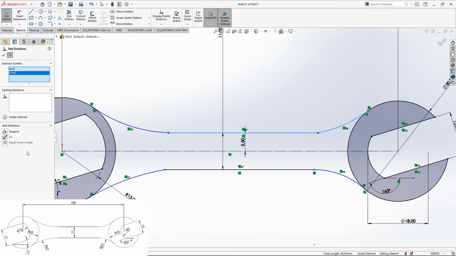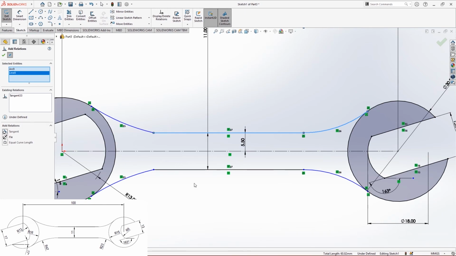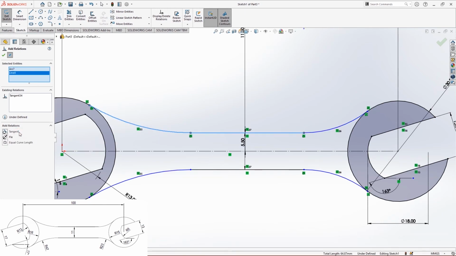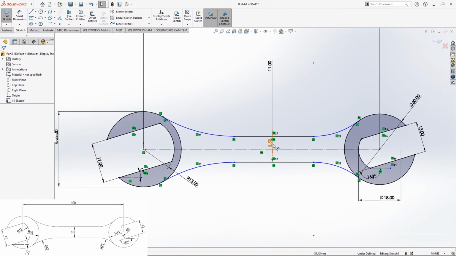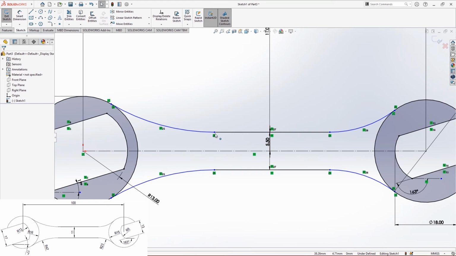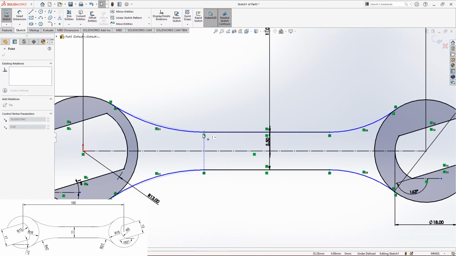Go for this one, tangent. This is also fixed. Now you go for this one, tangent, and lastly this one, and we come out of it, and there is still something left. If you want to know what's left right now, this point can still move. We'll have to fix this point,